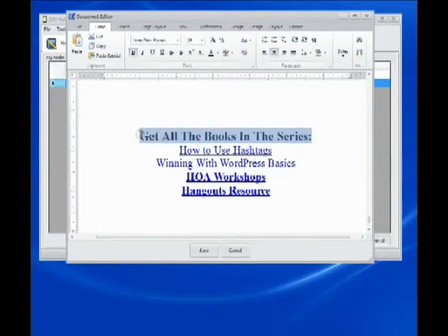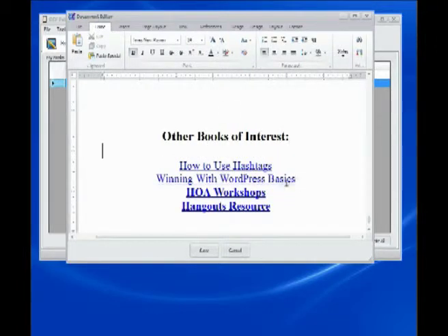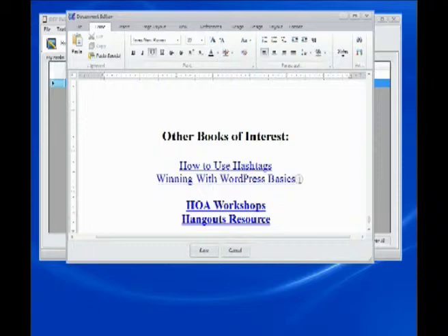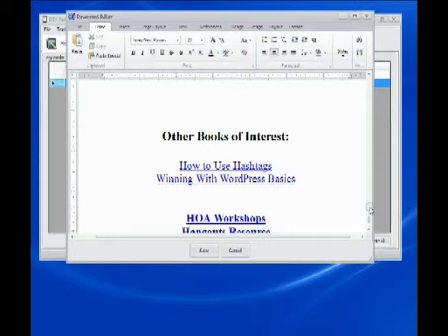I should have changed the title where it talked about the series, so I'm going to delete that and change that to say "Other Books of Interest," because this is where we have the other author's books that I want to talk about. And I want to put a line feed in there, and then another line feed or two. And we want to then type in my title, "Other Resources." I think this will help